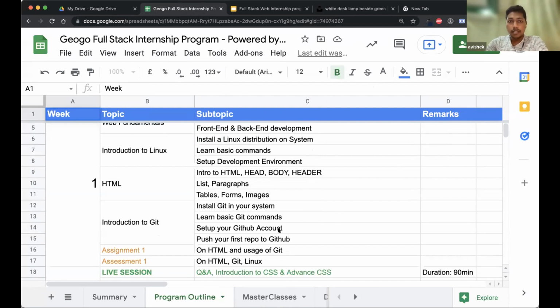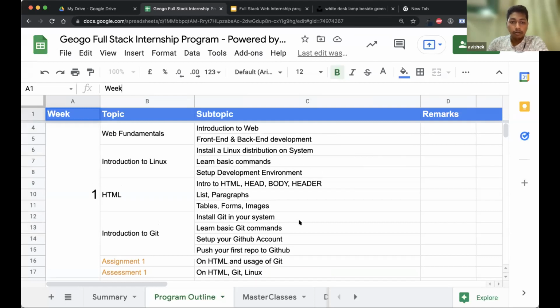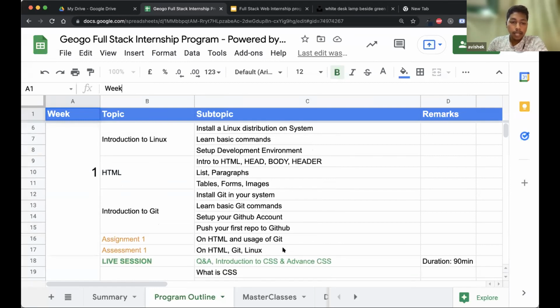I would suggest everyone to have your own GitHub account, and I will cover the commands that you should use day in, day out as you are going to be a full stack developer. Git is a very useful tool for collaboration and for maintaining repositories.